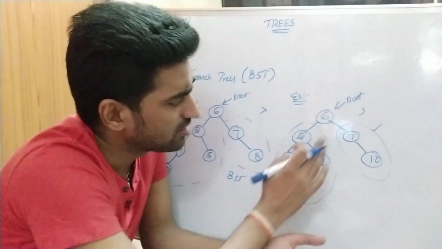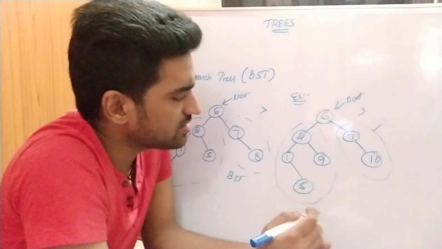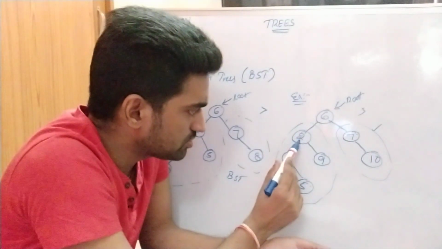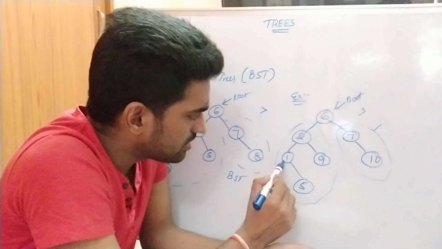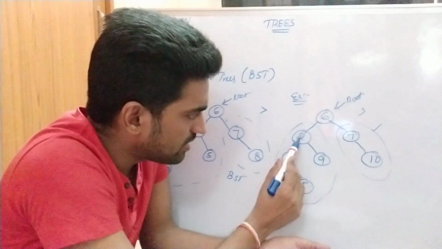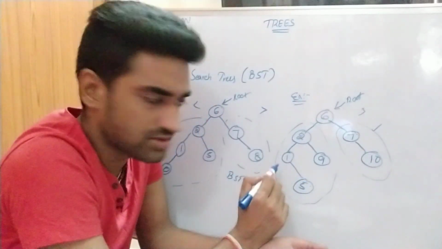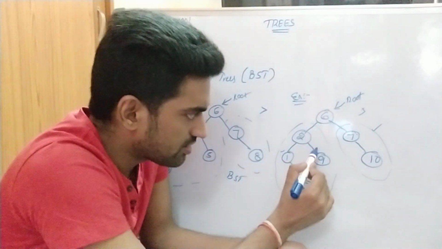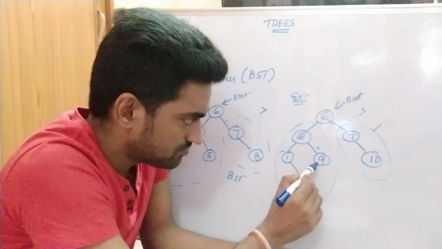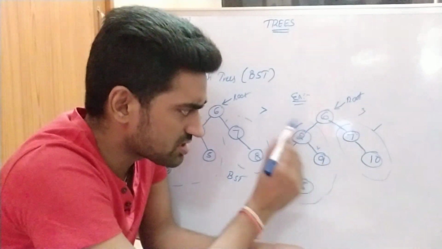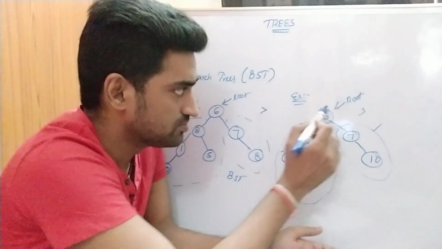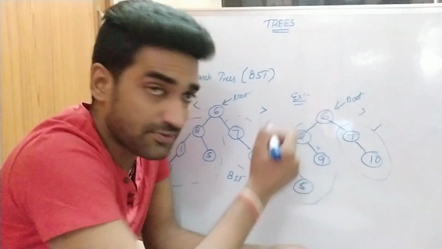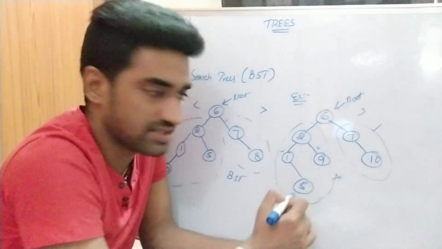But now I am considering the left subtree. So in the left subtree, what is the root node? 2. So 2 contains 1 and 9. Here 1 is less than the left subtree root node, so that's why this node satisfies the binary search tree property, right? So 9 is greater than the root, so we can place it at the rightmost position of the left subtree, right? But when compared to the root, it is a greater value which is presented on the left side. So that's why this is not a binary search tree.